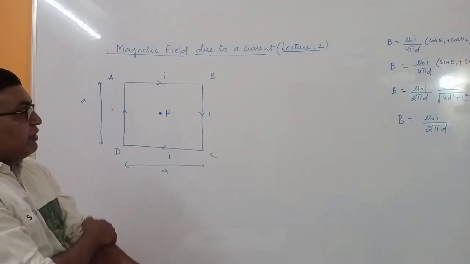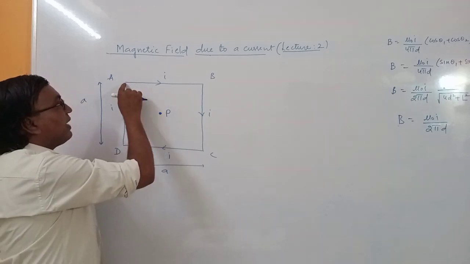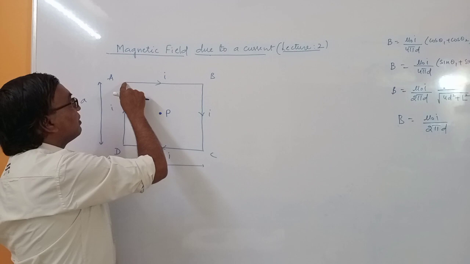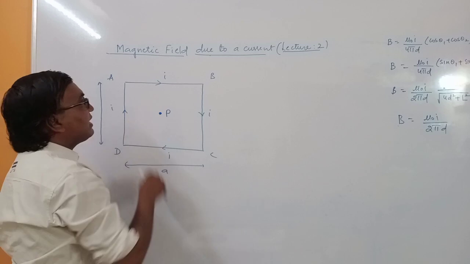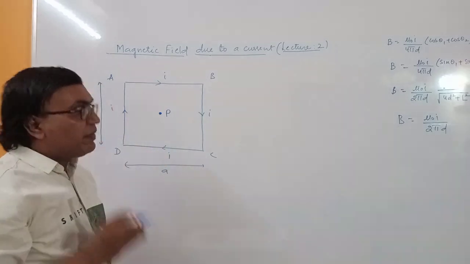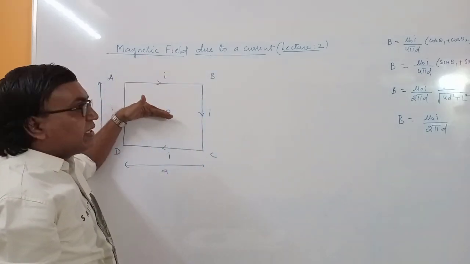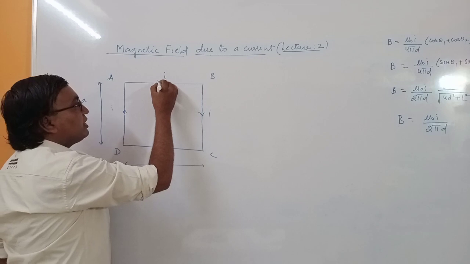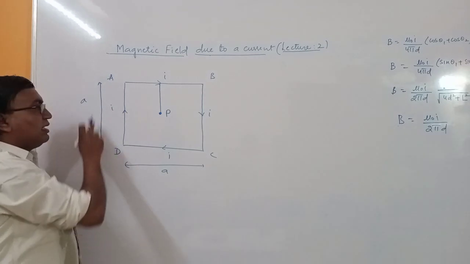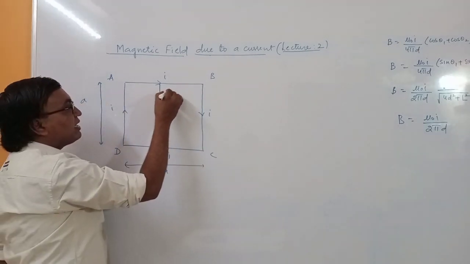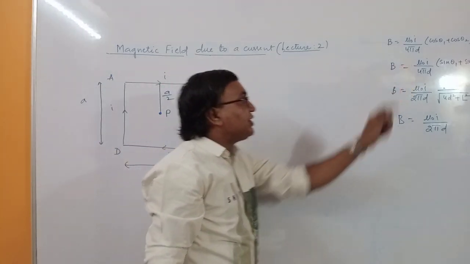So direction of magnetic field is also important. So okay, so first of all we'll see the magnetic field due to edge AB. AB साइड लेंथ जो है इसके वजह से मैग्नेटिक फील्ड कितनी होगी. सो टू फाइंड आउट द मैग्नेटिक फील्ड यू नीड द परपेंडिकुलर डिस्टेंस फ्रॉम द वायर. इस वायर से इस पॉइंट तक परपेंडिकुलर डिस्टेंस चाहिए, तो ये परपेंडिकुलर डिस्टेंस. सो ये साइड जो है, द लेंथ ऑफ दिस साइड इज A, सो दिस परपेंडिकुलर डिस्टेंस विल बी A by 2. ओके, नाउ वी विल बी यूजिंग दिस इक्वेशन.